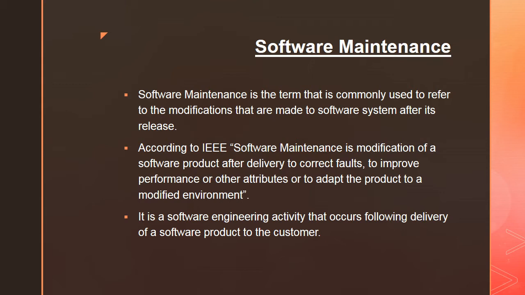And whenever there are some changes in the real world, that software will also require some alteration wherever possible. So therefore we need the maintenance process in order to improve the performance. And we need to do this maintenance because whenever there are some errors, or whenever there is a change in some user requirements or some hardware or software requirements, we need to modify some components that are changing with the changing environment. All these things need to be rectified, corrected, or maintained with time. So therefore this process of software maintenance is required.